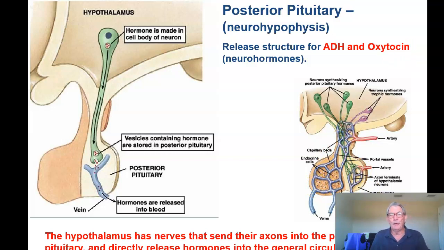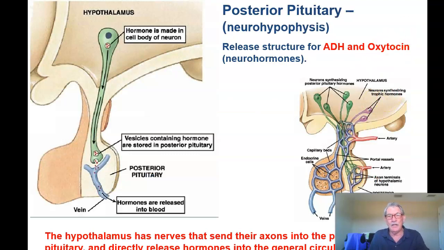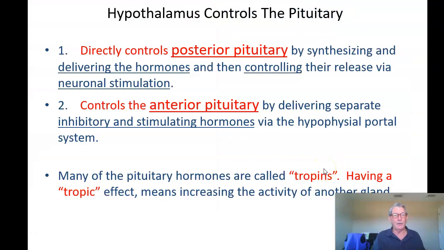Those two posterior hormones are antidiuretic hormone, which we'll see a whole bunch when we get to the kidney and control of fluids, and oxytocin, which is used for uterine contractions and things like that during childbirth. It's a big hormone for childbirth. So we're going to spend more time with oxytocin later in the semester when we talk about reproduction. ADH we'll talk about more in the kidneys. We'll talk about them a little bit now, but mainly we're going to talk about our anterior